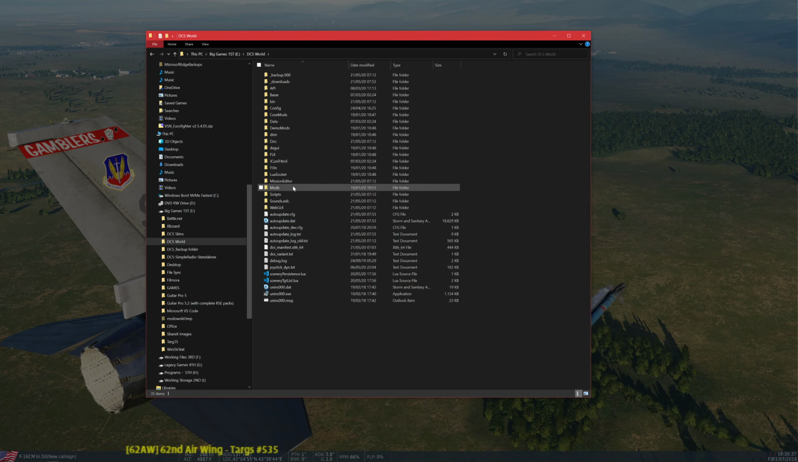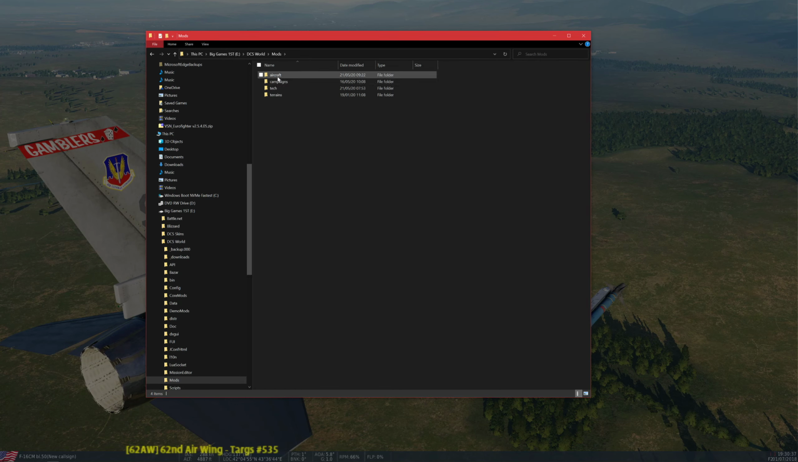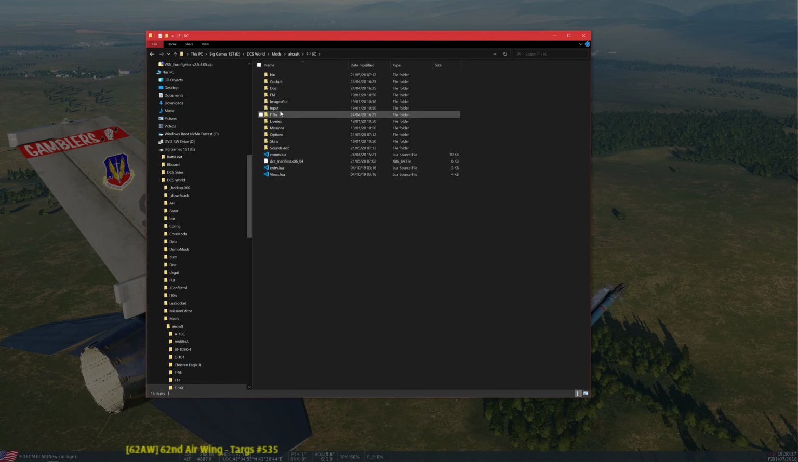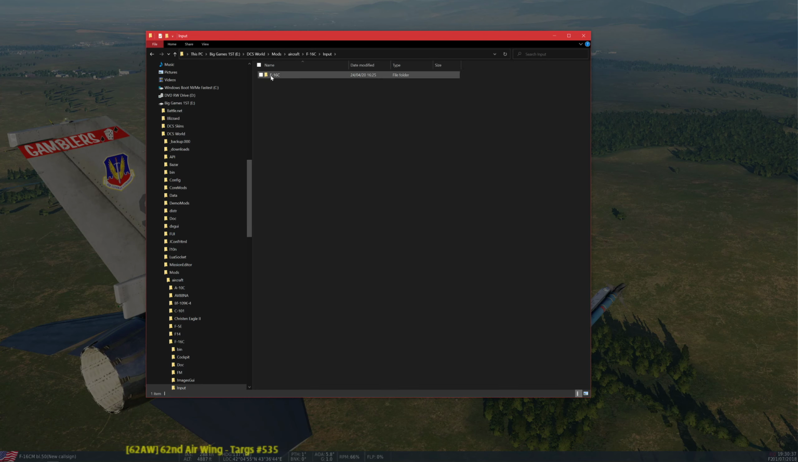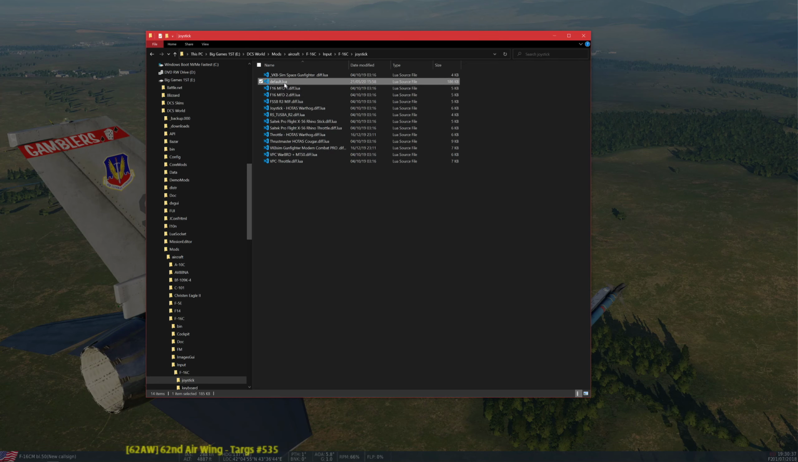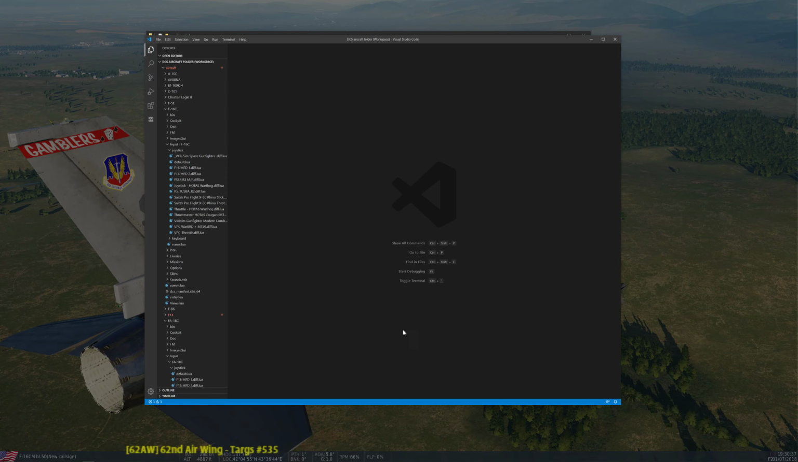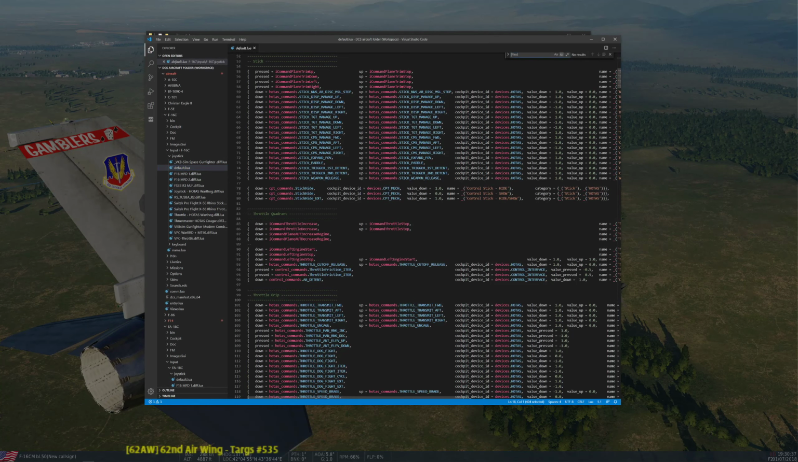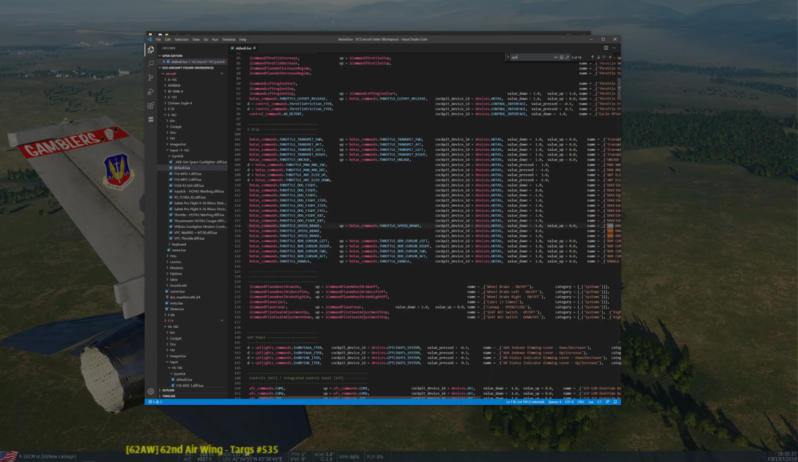And then you go to mods, then up to aircraft, and then we'll go to the F-16, and then we'll go to input, and then F-16 again, then joystick, and what we'll do is we'll open the default folder. Okay, so I've already got that open. I use Visual Studio Code. So what we'll do is we'll open the default folder, and down in here, if you search for SPD,